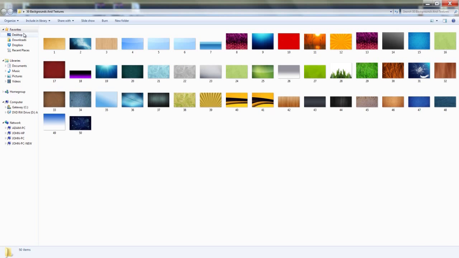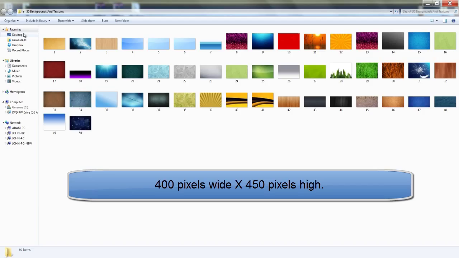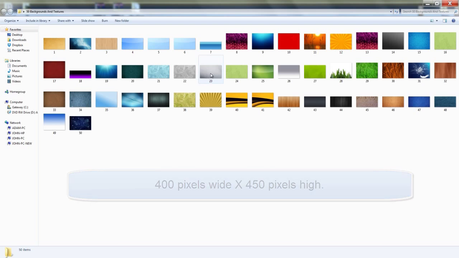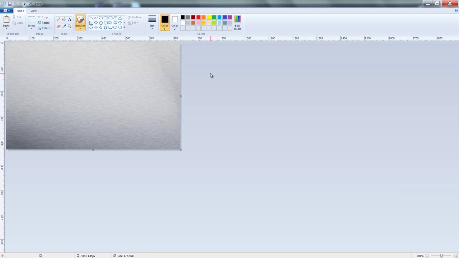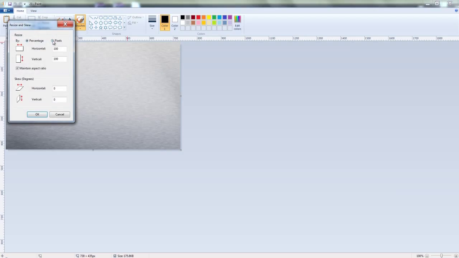And you can take a look around at these different background images if you want to. Or if you already have an image to use that fits in with your company branding, please feel free to use it. The proper size for an eCover front is 400 pixels wide by 450 pixels high. So I'm just going to choose a nice light colored image, open it up, and I'm using Microsoft Paint, of course, a free program. Let's click on Resize, Pixels, click right here to uncheck that, and we're going to make this 400